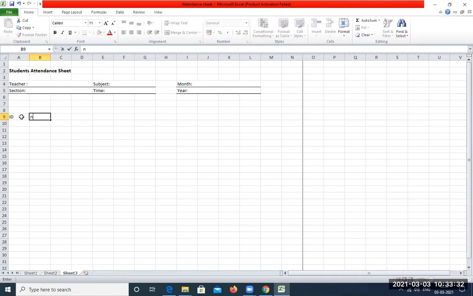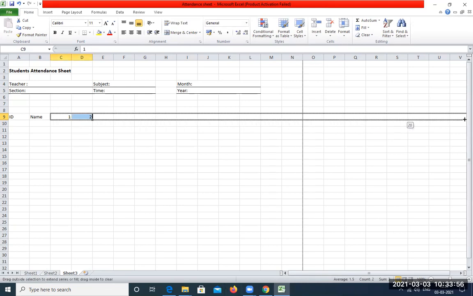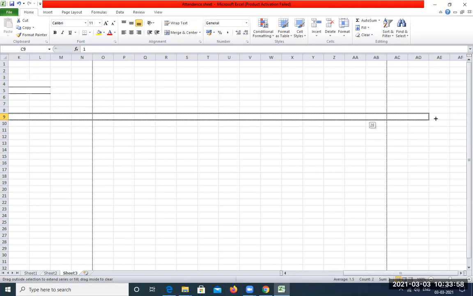Then we require name of the student, and from here we require the number of days in a month. So if we are starting from March, we will require 31 days. So 1 and 2. Next thing is to select these two cells and then just drag it horizontally till we reach the number 31.